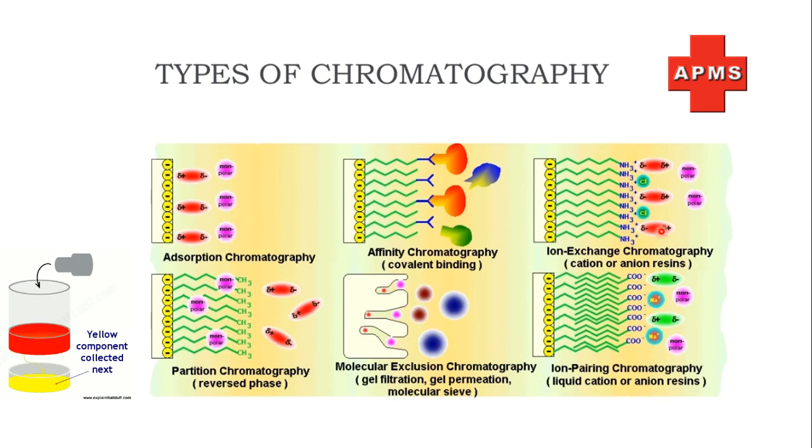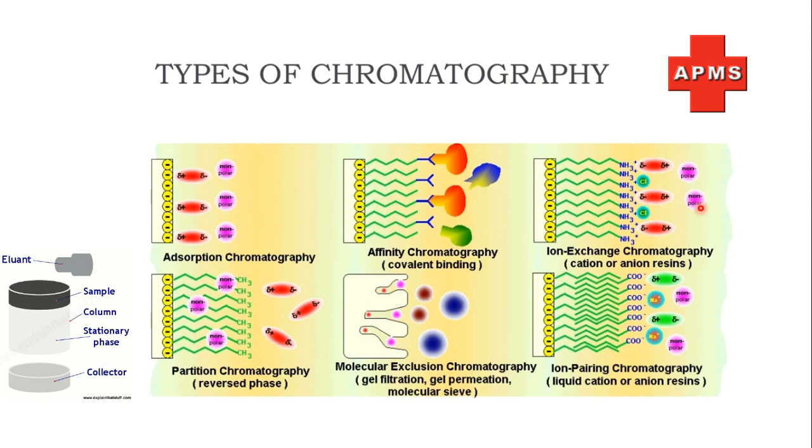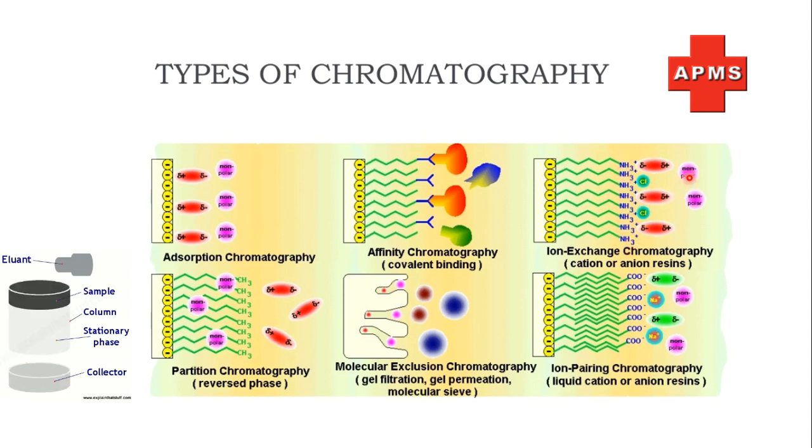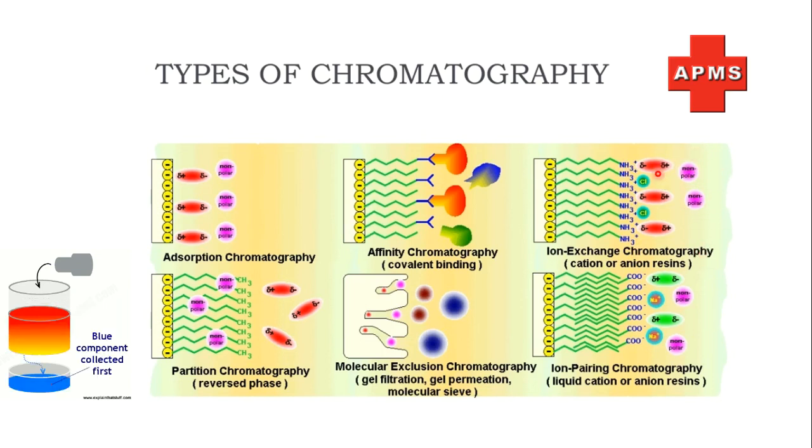Suppose we can take a good example of this: a non-polar sample which contains some polar impurities. Then what will happen, these polar impurities will interact with this polar stationary phase, and this non-polar component does not show any interaction with this phase. So this will go through without interacting and will be separated. Okay, and this will retain more time inside the column with this stationary phase.